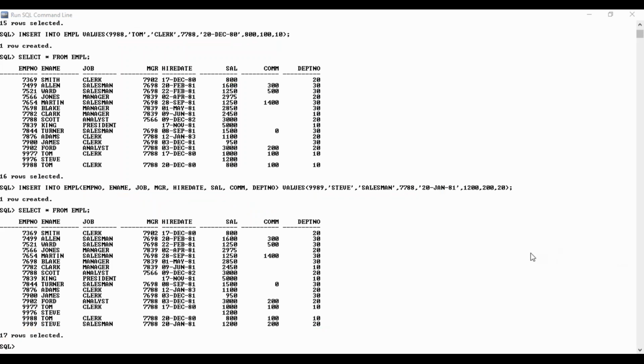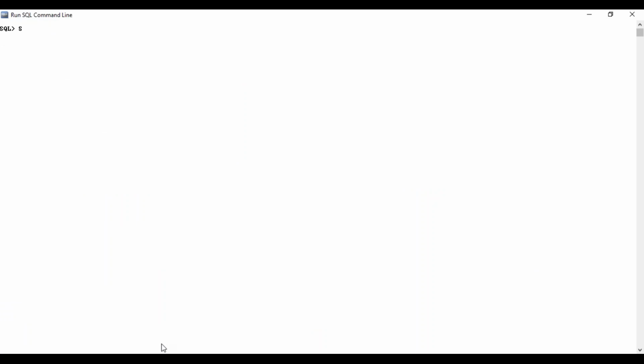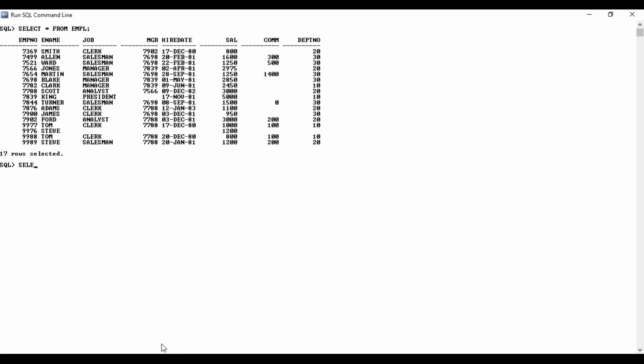Now we have seen how to insert data for all the columns. We also have an option to insert data for specific columns. That we can do by specifying the column names in the insert statement. Insert into EMPL. Here we can specify employee number, e-name, salary, department number, and you can say values